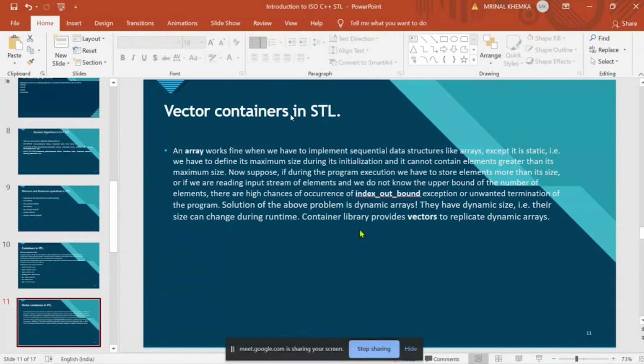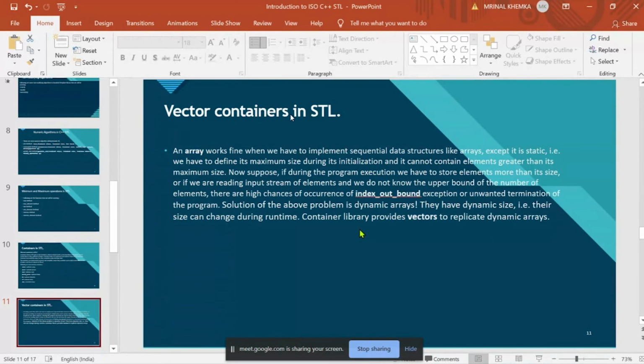If during program execution we have to store more elements than its size, it will show an index out of bound exception, as we don't have more memory allocated for our array. Moreover, if we have initialized an array for a thousand elements and we are inserting only 10 elements inside it, then there is also a wastage of memory.